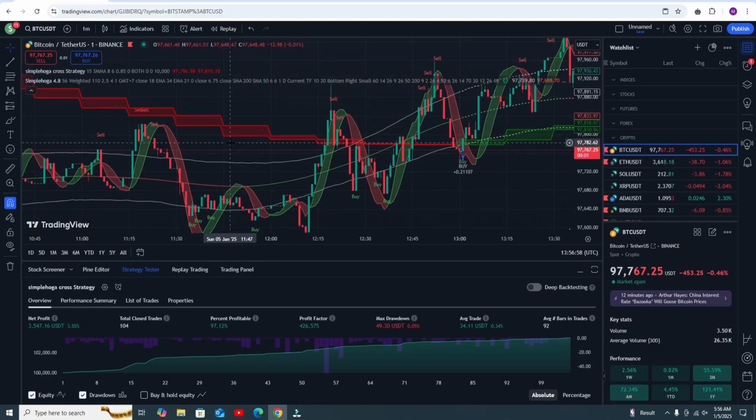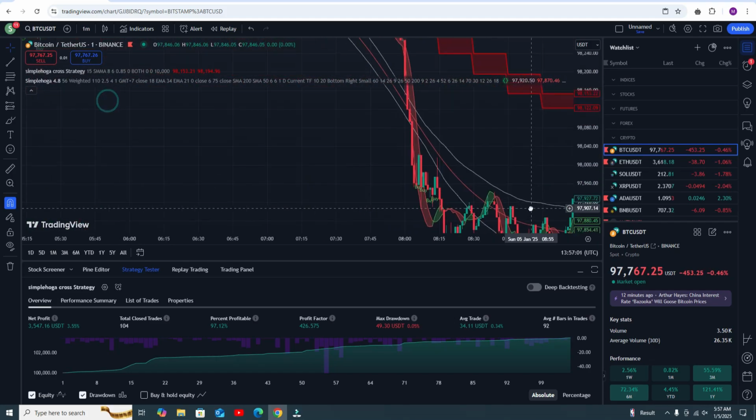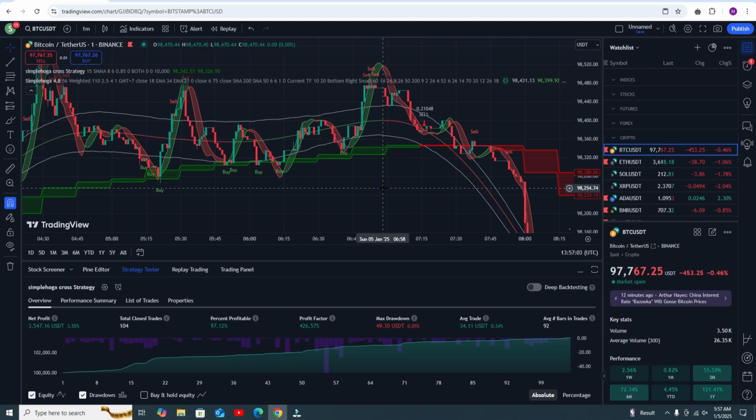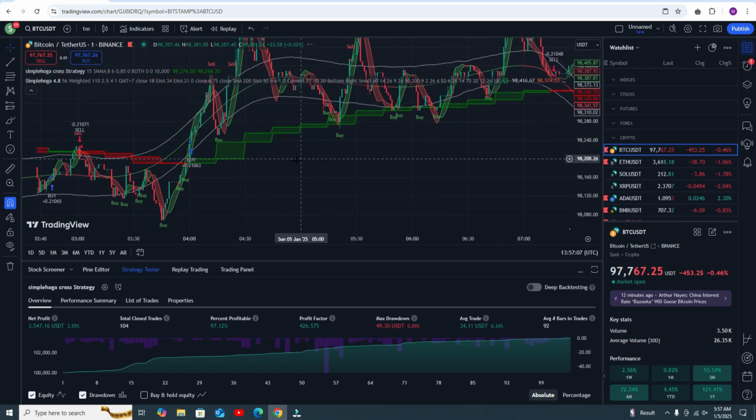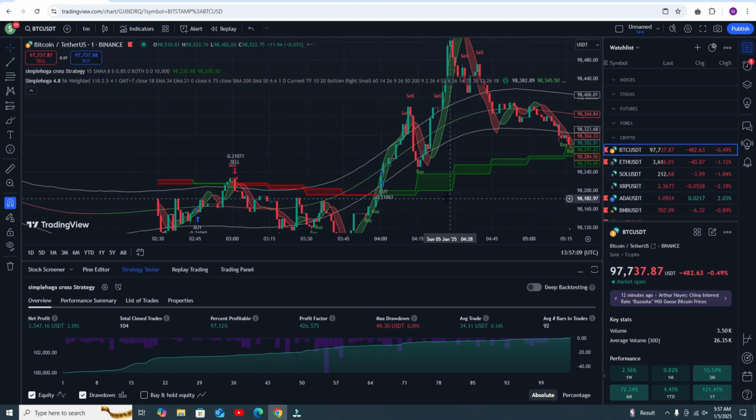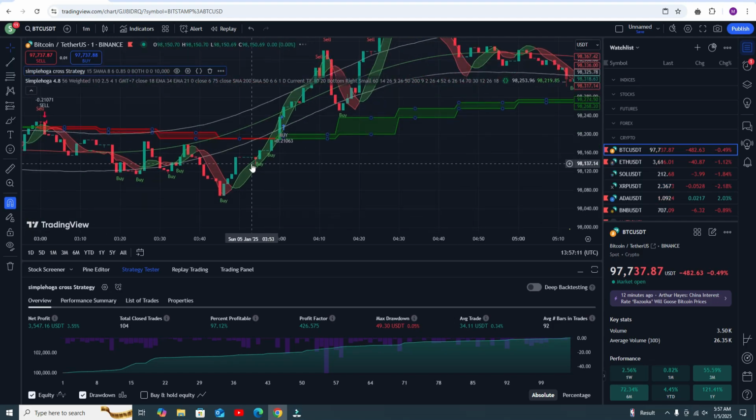Let me show you here. That is actually a fine thing. I need to explain something very important like this one. Here you can see the buy signal, we got the buy signal when the candle is very close to the upper band line, so we do not need to go for the buy trade. If you want you can go, but I will not recommend it. Why would I recommend this trade?